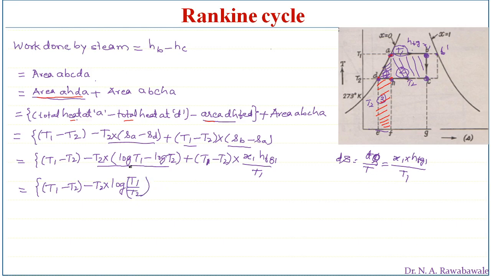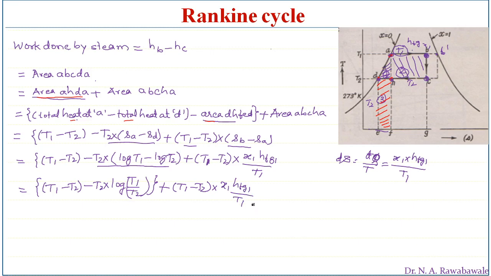Closing this bracket, we can write the additional things as they are, that is T1 minus T2 into 1, HFG1 divided by